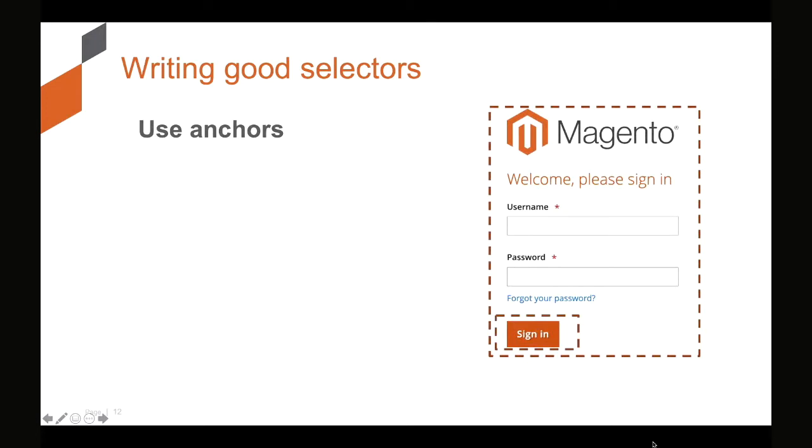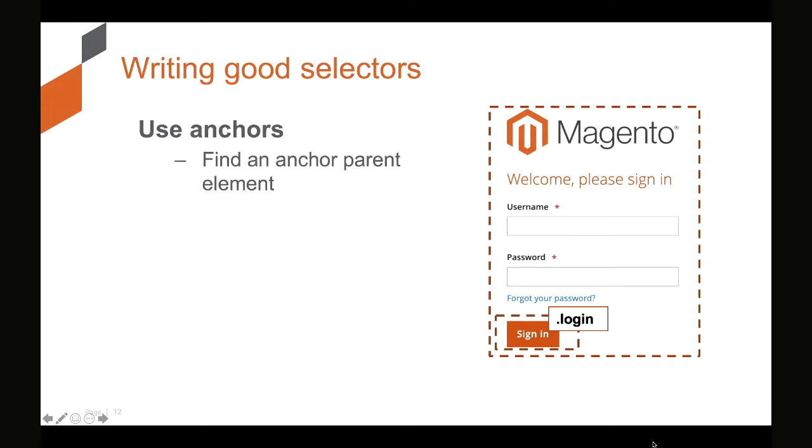For example, in this case, you have a sign-in button, and the sign-in button has a class called login. Say you have multiple matches of this class on the page, so this may not be a good identifier to use. In that case, the best approach would be to go just one level up in the DOM